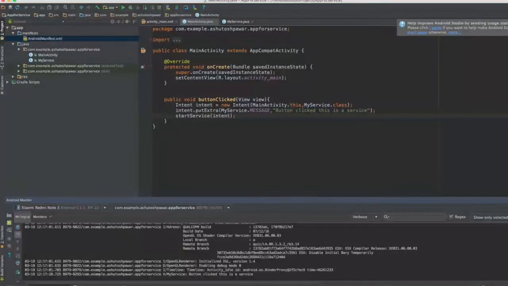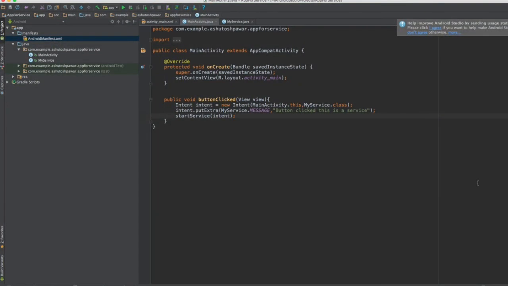Hello and welcome to this lecture, and in this lecture we will learn how to build our own notification for our Android application. So here what we will do is that the first thing which you need to do in order to create a notification is that you need to create the notification ID, which is nothing but which identifies